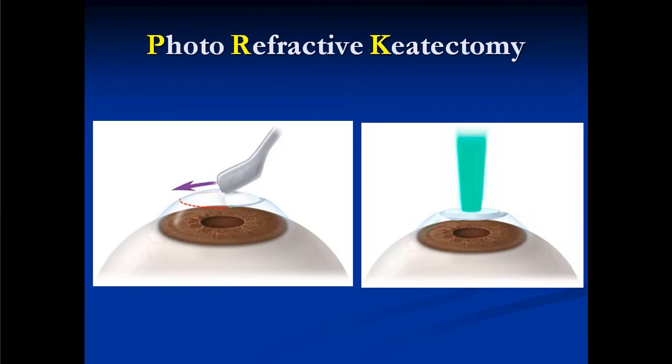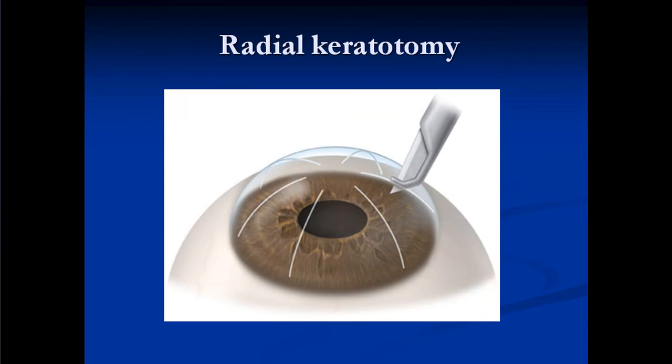So this is photorefractive keratectomy, wherein the flap is not raised. It is simply the central cornea that is modulated. This is radial keratotomy, wherein radial incisions are given according to the required power. There are some algorithms by which you can calculate what the depth of the incisions should be. Of course, this procedure is nowadays almost abandoned. After the arrival of these LASIK surgeries, this procedure is no longer being used.